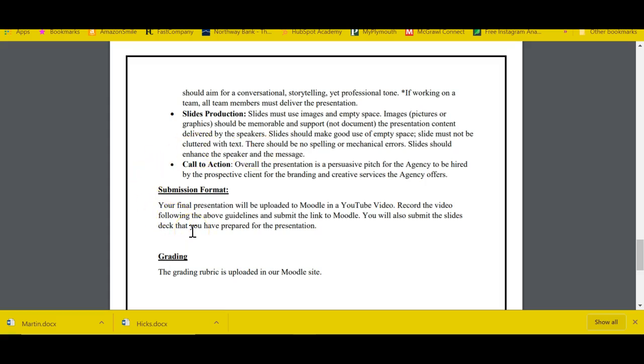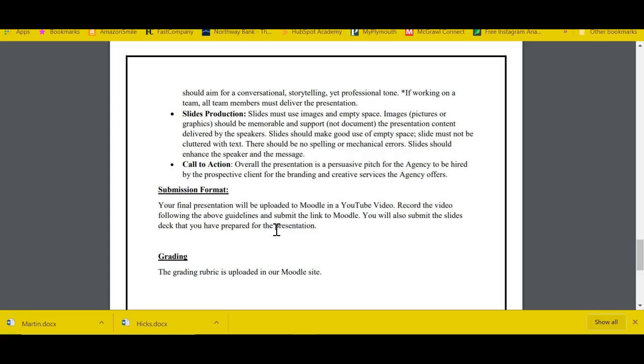So what you're going to have to do to submit your work is, I don't want you to send me individual slides. I want to be able to watch the presentation and see the slides there. If by any chance it's you who's going to be in the back and the slides are not going to be like 100% clear and I can really view them, then it's okay. Moodle is going to be open to support your file with the presentation, but then you just need to submit a link to your YouTube video.